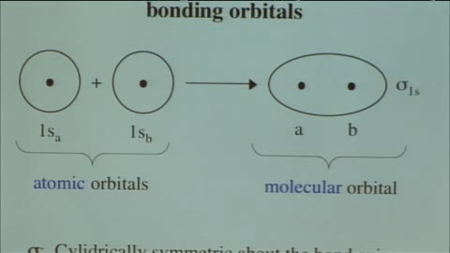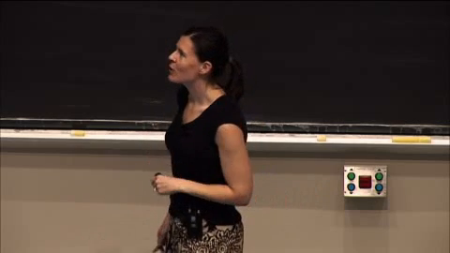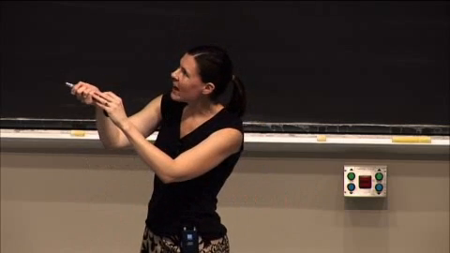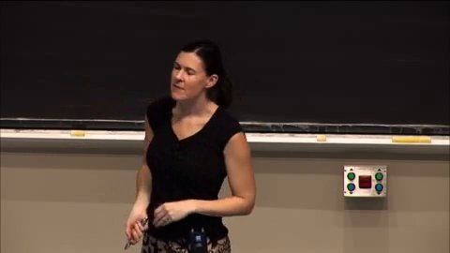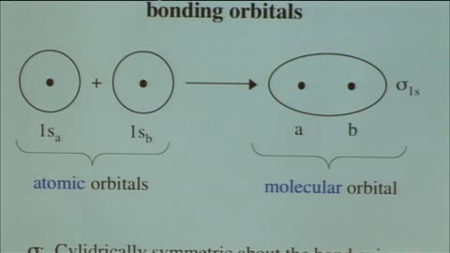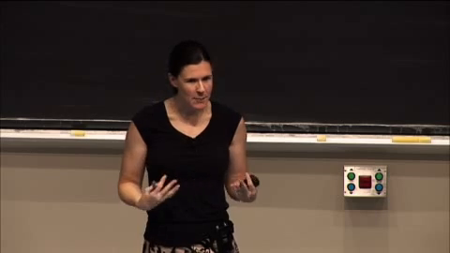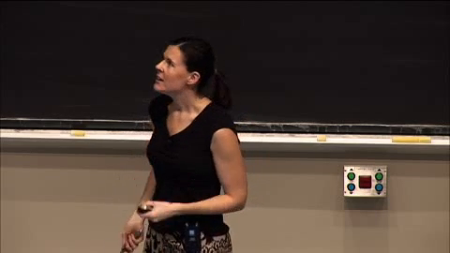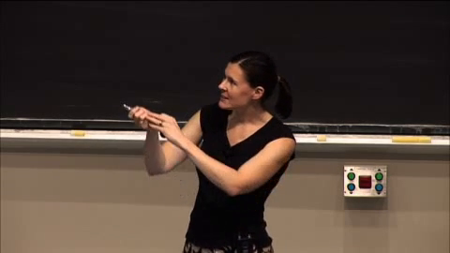So we can go ahead and name our molecular orbital just like we know how to name our atomic orbitals. And I'm going to name this sigma 1s. The 1s just comes from the fact that the molecular orbital is a combination of two 1s atomic orbitals. And the sigma tells us something about the symmetry of this molecular orbital, specifically that it's cylindrically symmetric about the